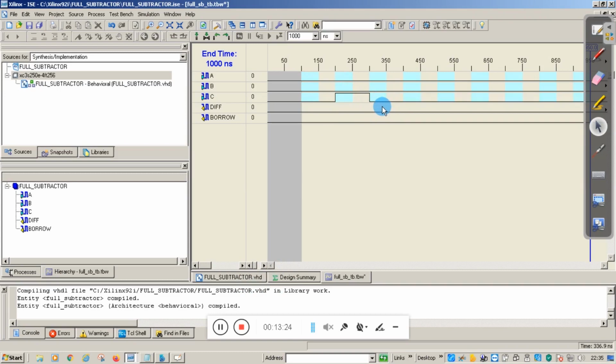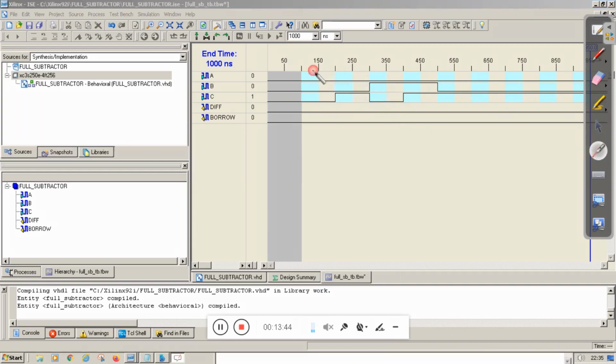The third option is 0, 1, 0. The fourth option is 0, 1, 1.